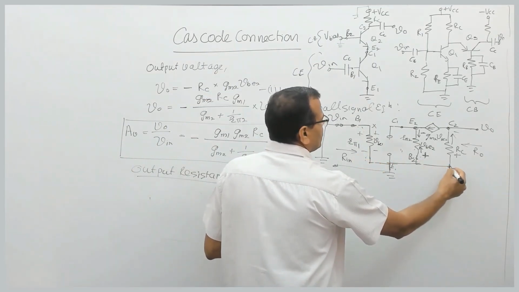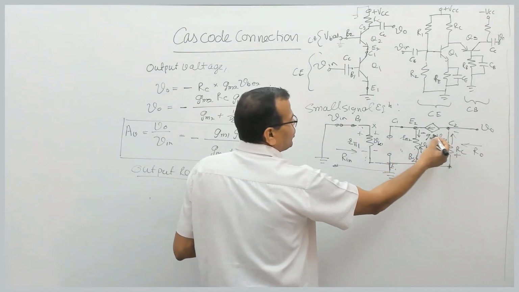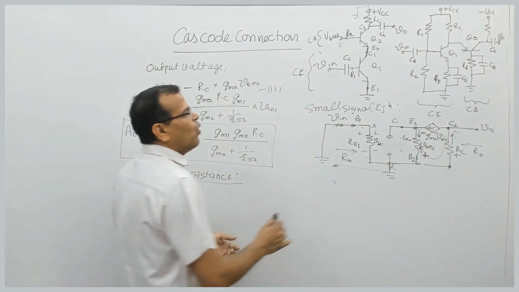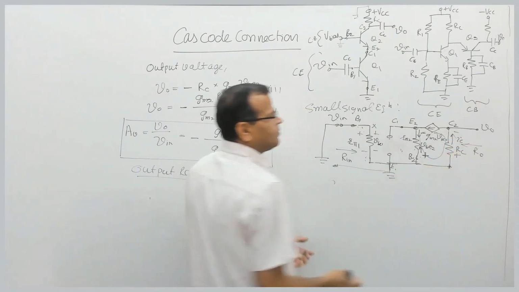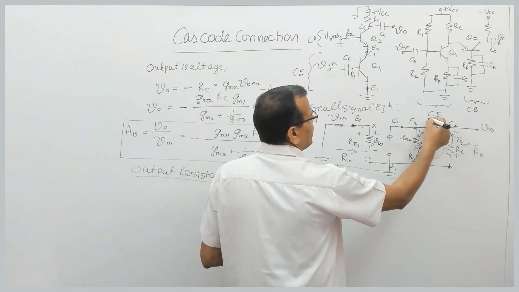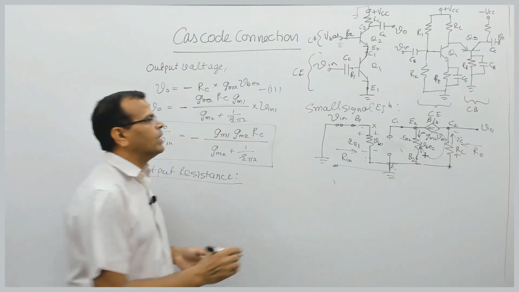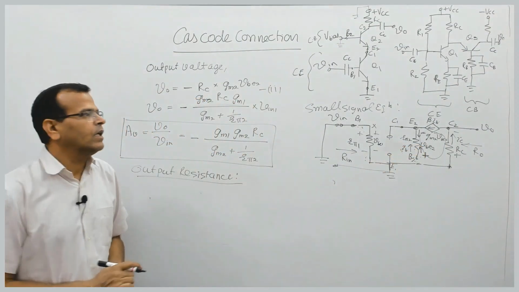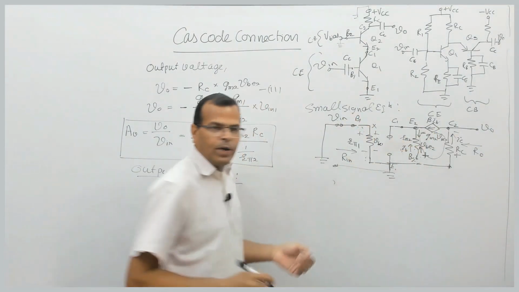Now you have to observe one thing here. There is no loop, so this current is going that way, like this. What is this current? Collector current. So this current source is nothing but beta into IB, the base current. What is base current? Current going this way from base to emitter. So this current is coming this way, this current is coming this way, this is open circuited.